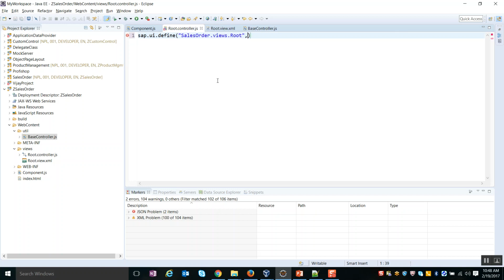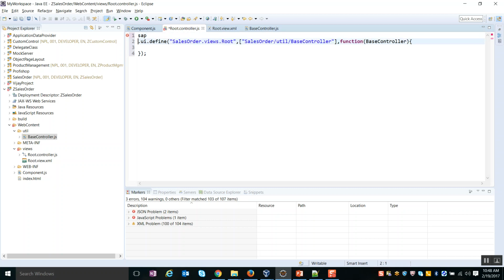This time, the resource I'm going to load is, from the sales order component and the util folder, the base controller, which I will import with the name base controller.